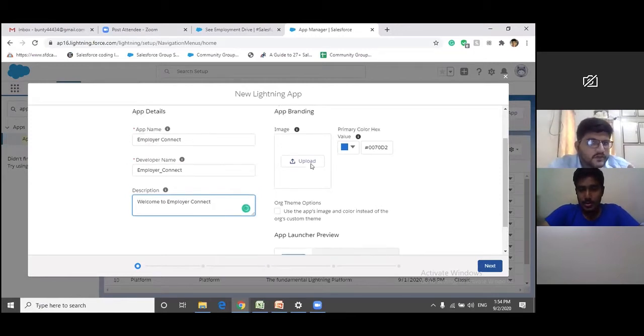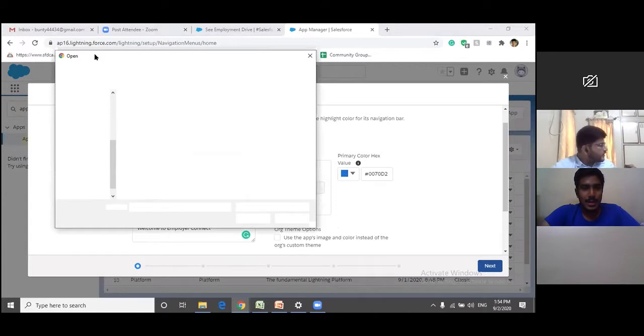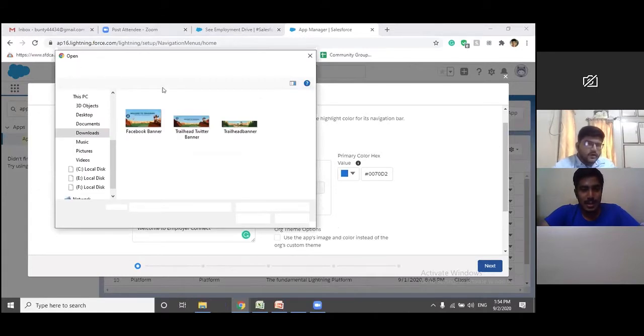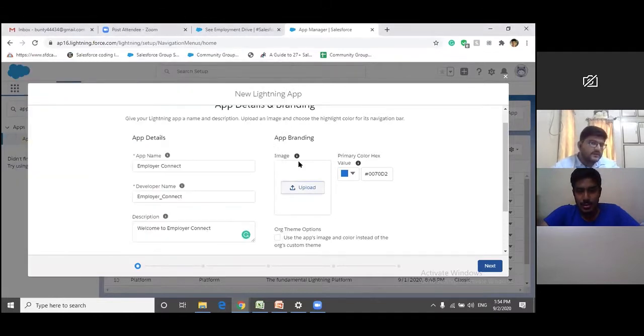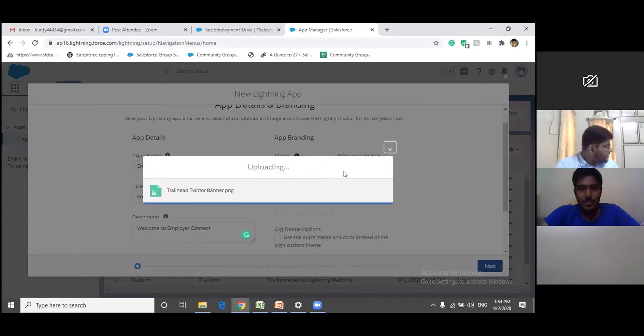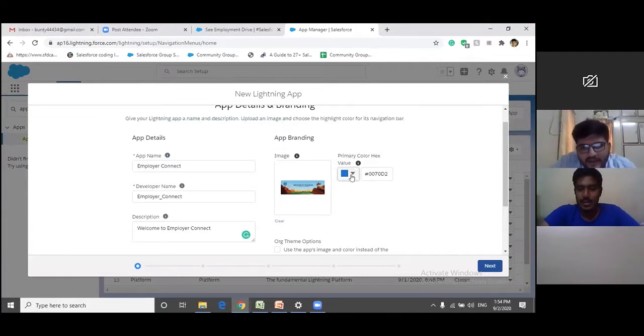I would like to upload an image as well, an icon for this application. I already have a Trailblazer community logo, so let me select this logo. You should follow some resolutions, but here I am not following. I think the resolution is 128 by 128, but no worries, even then it will work.